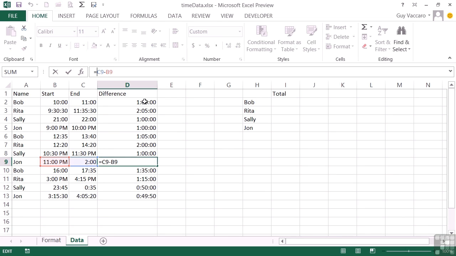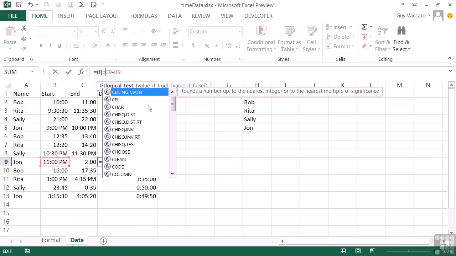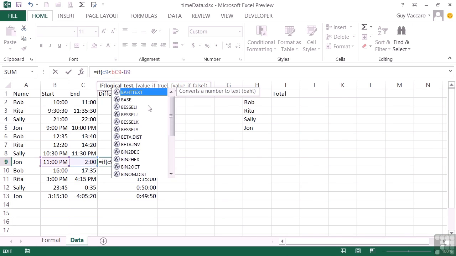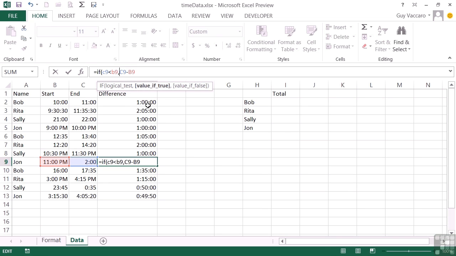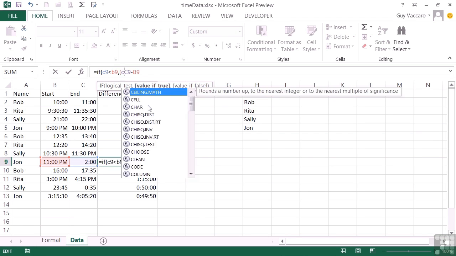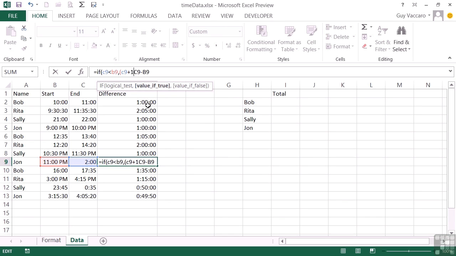And we'll say equals IF. So if our time is going to go past midnight, so we're into the next day, then what we need to do is check that that's occurring. So if C9, so if our second time is less than B9, so effectively it appears the second time is earlier than the first time, but we know it's not, it's gone through midnight into the next day, then what we want to happen is let's add 1 to the second time, and 1 is a day, so that takes us into the next day, and then we'll take away the B9,